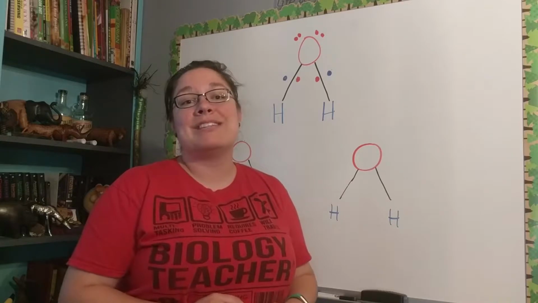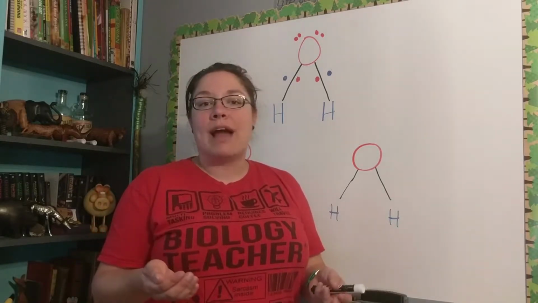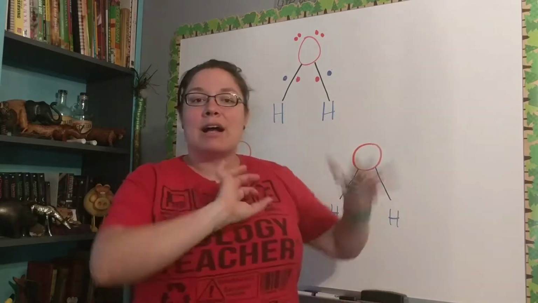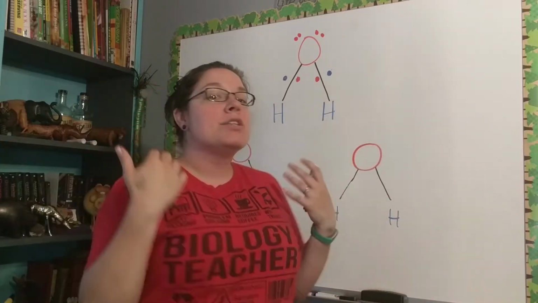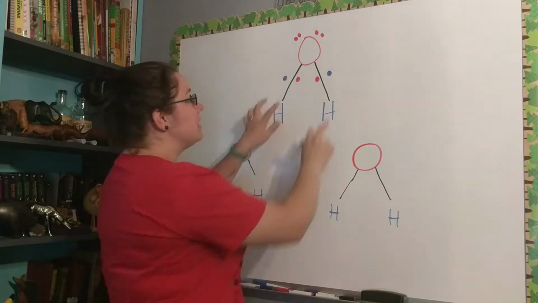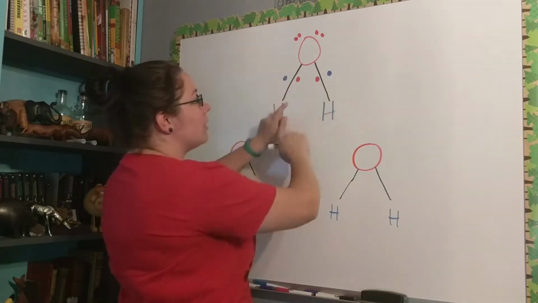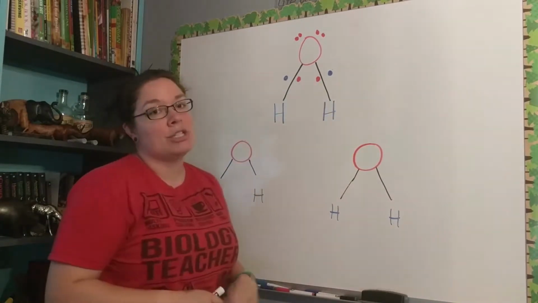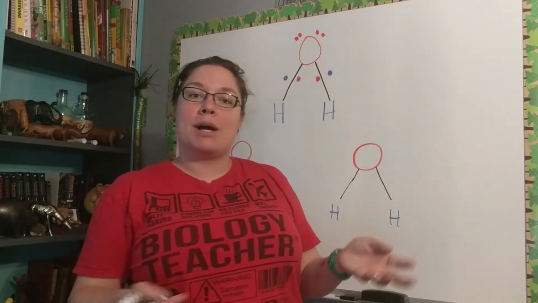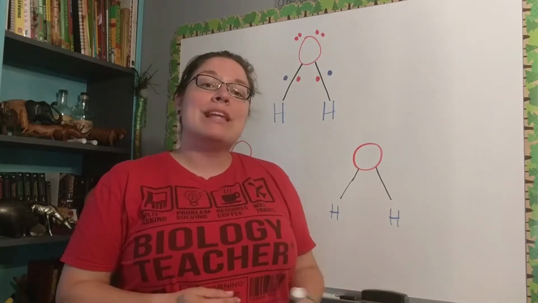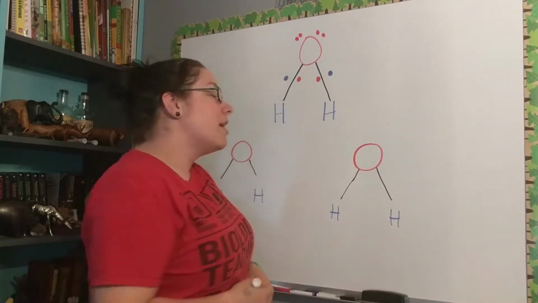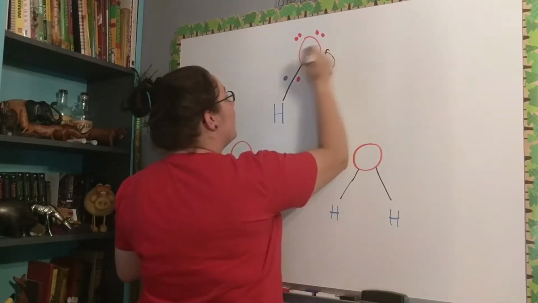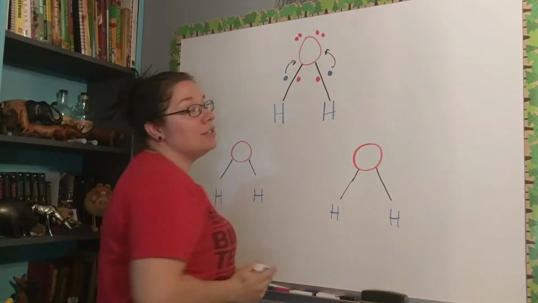So it's really important to understand that electrons are not married to their atom. They are free to float around different atoms, come back, they swap places with one another. So in covalent bonding, we actually see that 2 of the electrons from oxygen and 1 electron from each of the hydrogens should be shared. That's a covalent bond, sharing of electrons. But with oxygen being more electronegative, actually these electrons spend more time with the oxygen than they do with the